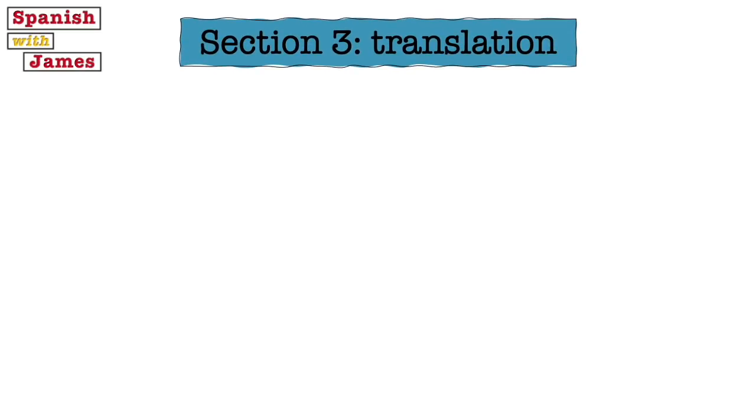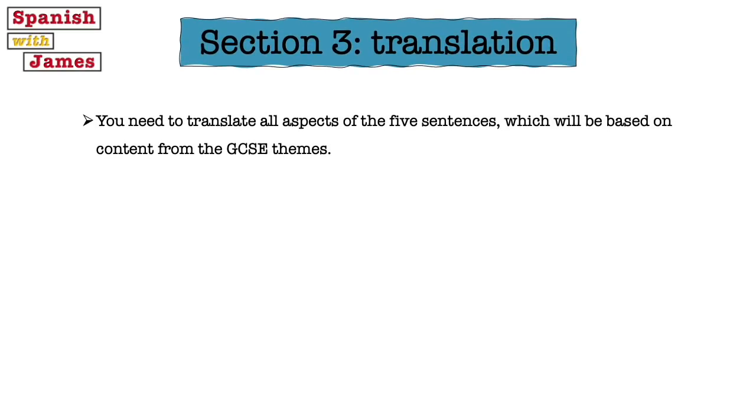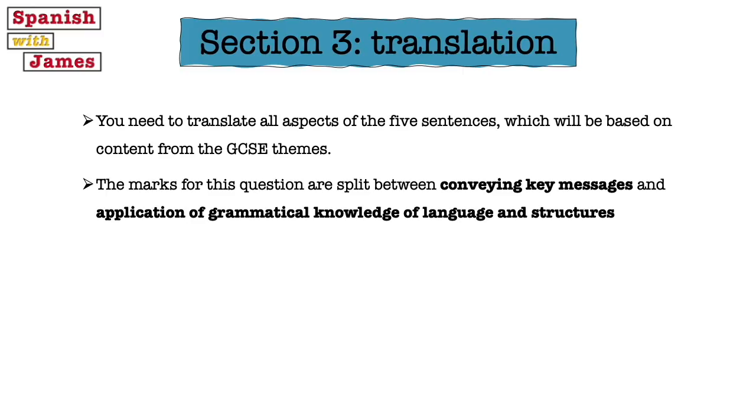Section 3 is the translation task, and for this one you need to translate all aspects of 5 sentences from English into Spanish, and those sentences, like everything else, will be based on the content from the GCSE themes and topics. The marks for this question are split into 2 categories. The first is conveying key messages, and that means that even if the language isn't perfect, you get the message across. The second one is application of grammatical knowledge of language and structures, which is a really long-winded way of saying you know the vocabulary and you know the grammar, and you've shown your knowledge of that by translating everything